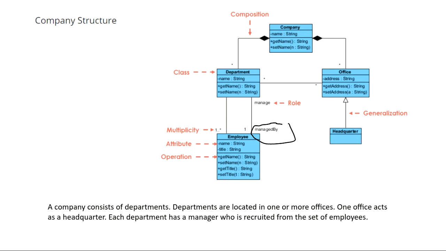अब suppose यहाँ पे managed by नहीं लिखा होता किसी ने, if this role or relationship name was not written, this would be so difficult to read. कहना क्या चाहते हो, यहाँ से भी यहाँ आ रहे हो, यहाँ से भी यहाँ आ रहे हो, right? So you have to write relationship names जितना ज्यादा लिख सको. And for every association you can write something or the other. ये तो लिख ही सकते हैं. जो भी verb आ रहा होगा, takes, going, doing something, just write that as a relationship name.